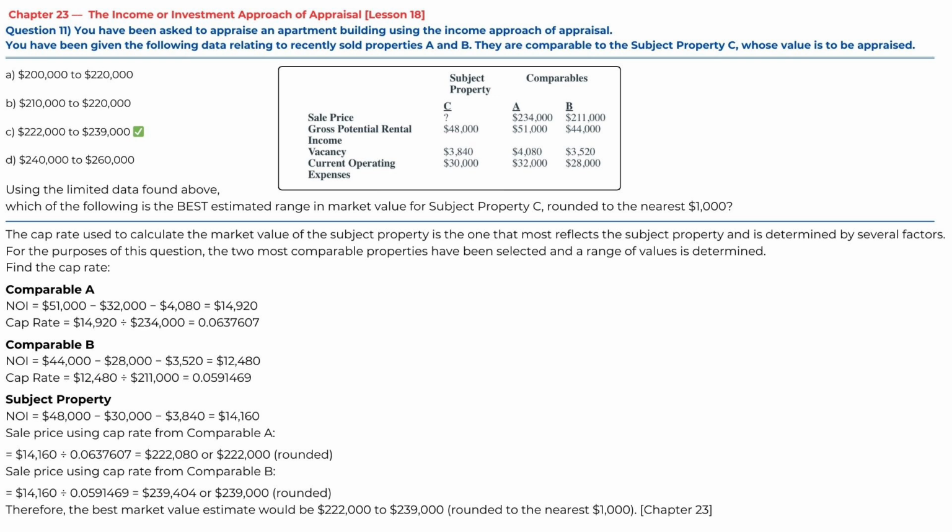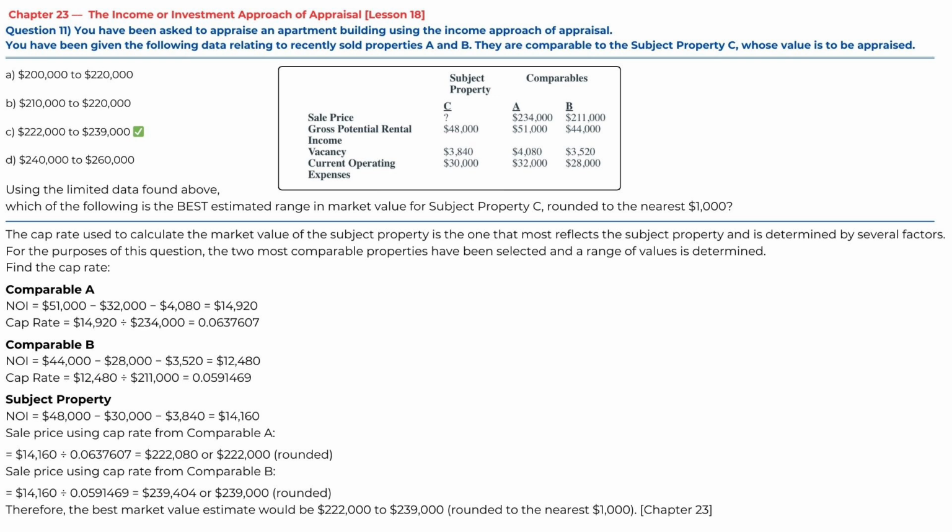equals 0.063767. Comparable B. Net operating income equals $44,000 minus $28,000 minus $3,520 equals $12,480. Cap rate equals $12,480 divided by $211,000 equals 0.0591469. Subject property. Net operating income equals $48,000 minus $30,000 minus $3,840 equals